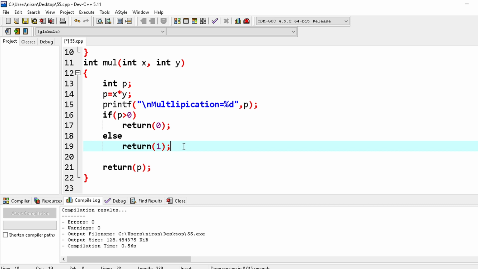Okay, and another main important thing is, all functions by default return int type data.